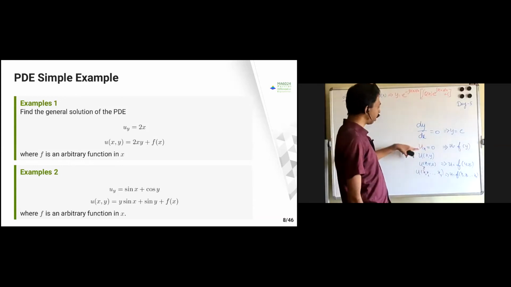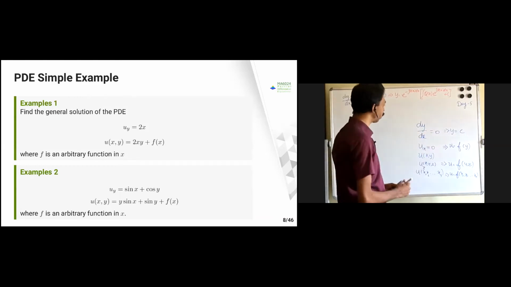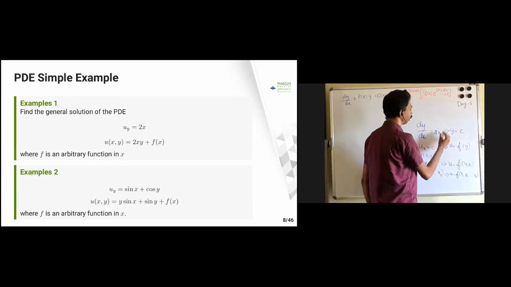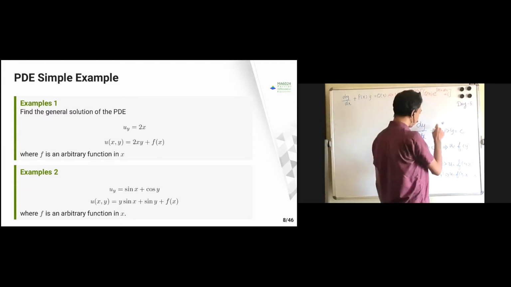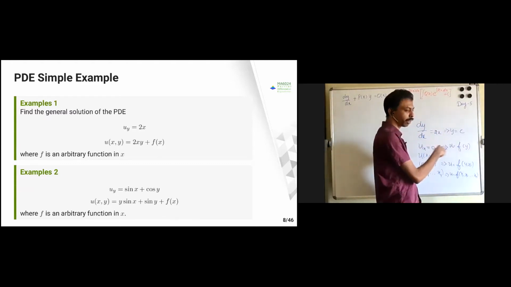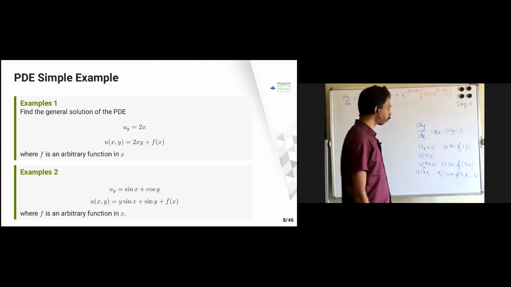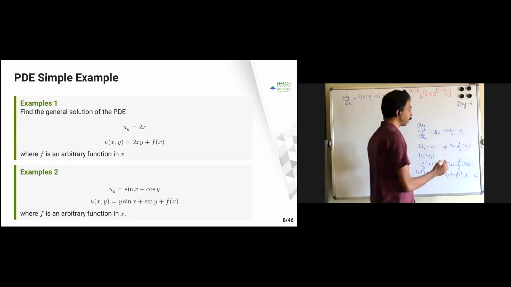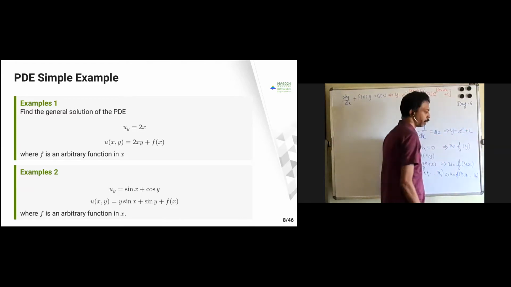So we just took dy by dx equal to 0. Now if you say dy by dx equal to some other value, suppose I put dy by dx equal to 2x, what will be the solution? You have to use separation of variables and then solve. So the solution is y equal to x square plus c. Am I correct?